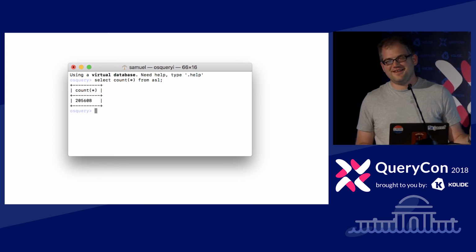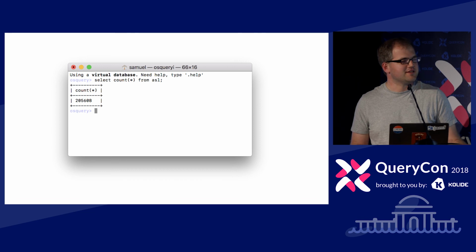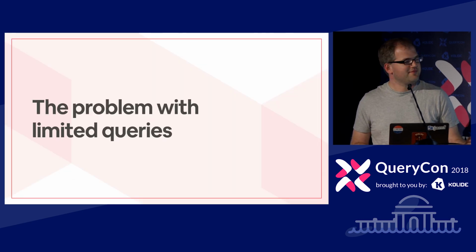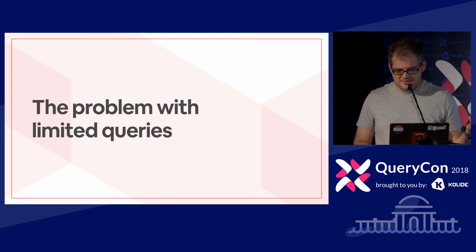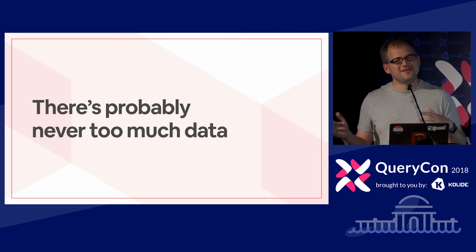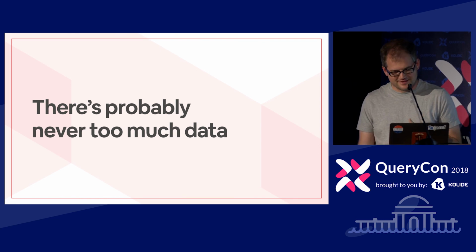Now, we can obviously limit the ASL query based on a lot of different things, based on sender, facility, or anything we want. But I do want to talk about the problem with limited queries. And the problem with limited queries is when you're throwing data away, when you're ignoring it, you're going to miss things. And what I like to say here is there's probably never too much data unless you're dealing with an ASL size table. So if we look back at that users